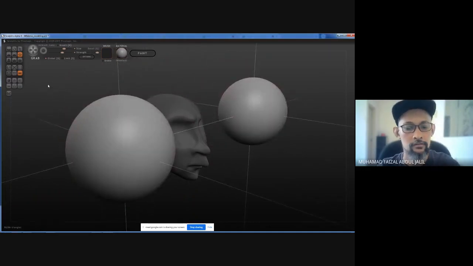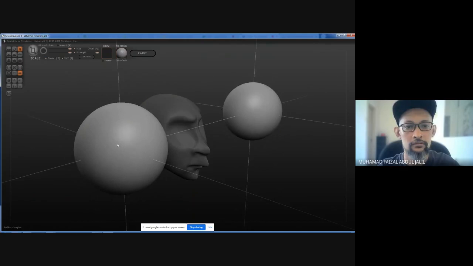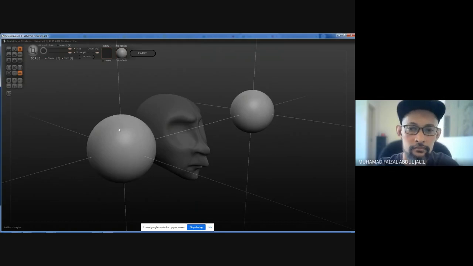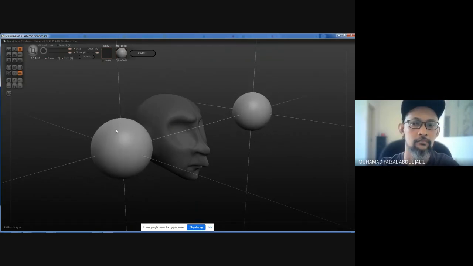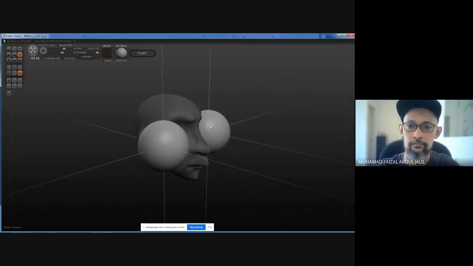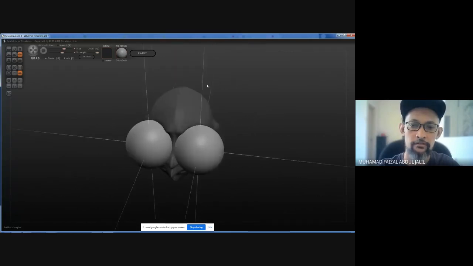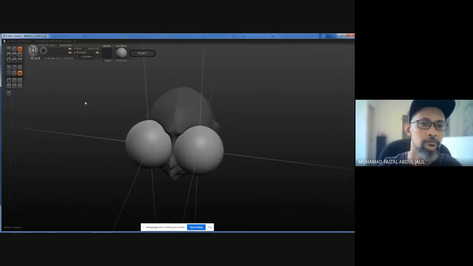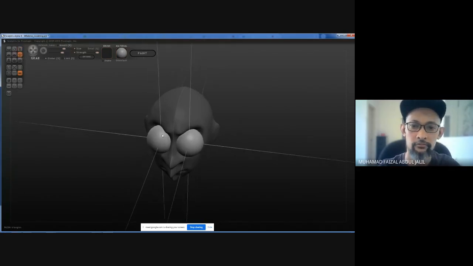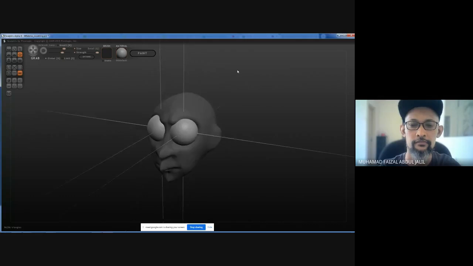Okay, and I can scale. Actually move to the side that I want. You can scale a bit more and move using the grab tool. There, see,